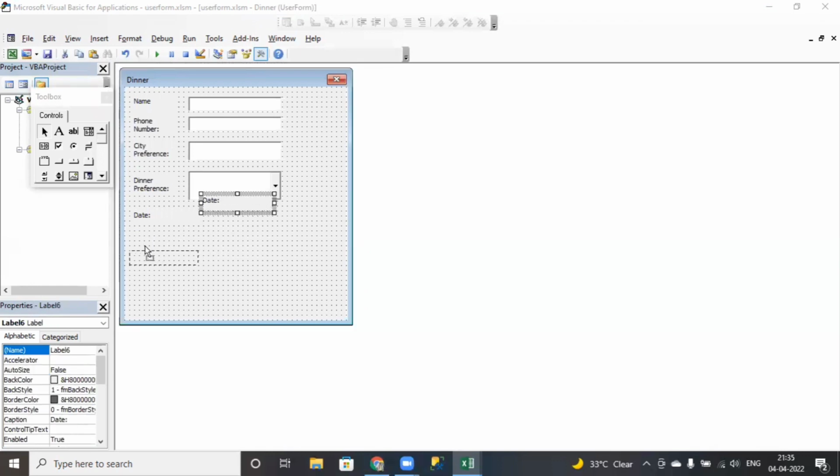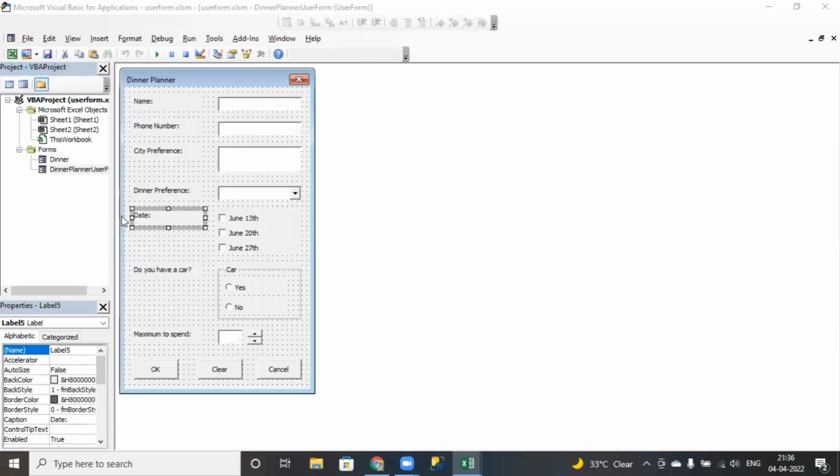Yeah. So we are done. Again, dinner preference has been done. Dinner preference and this. Next what? Next it is date. Okay. We have three, like suppose we have three labels. I'll say